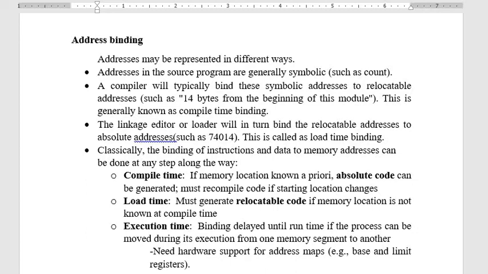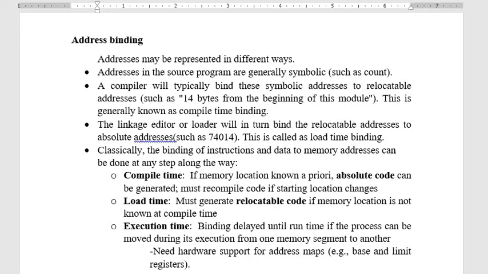When you compile the program, object code will be generated, as we all know. A compiler will typically bind these symbolic addresses to relocatable addresses. That is, whenever you compile the program, an object code is generated for each instruction. Say I have an instruction int count.